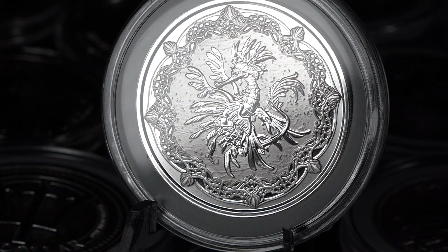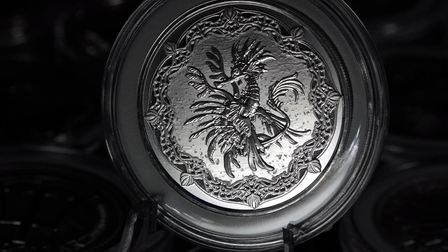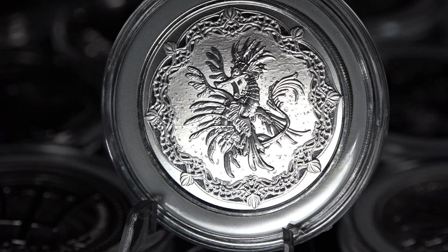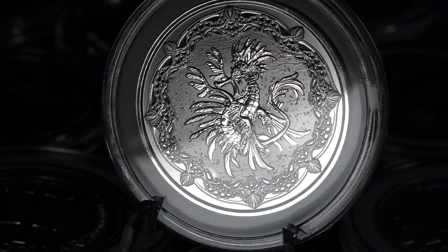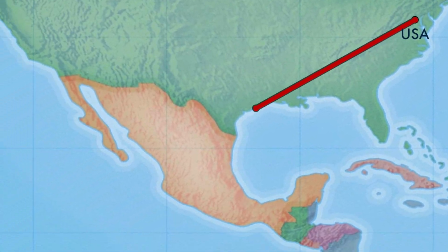This coin hosts exceedingly low mintage, which we will get to on our 60-point scale. This exquisite coin, minted in .999 fine silver, showcases the mesmerizing elegance of the sea dragon, a creature that embodies the wonders of the underwater world. It was minted by the Scottsdale Mint in Arizona, which does a fantastic job in incorporating the issued bullion of many nations. This coin hails from the island of Samoa, and as this is not the first coin we have